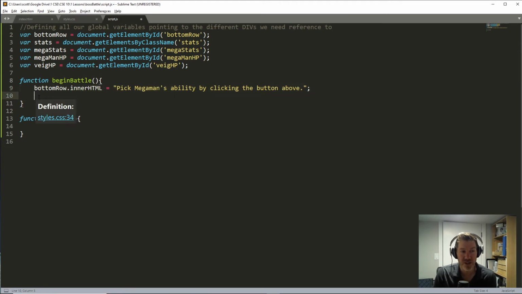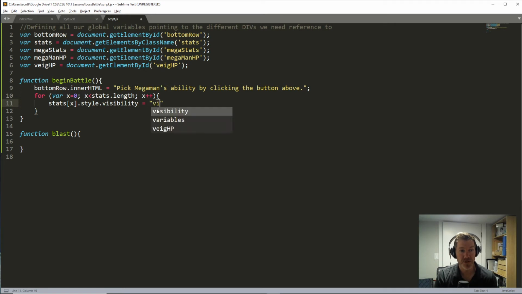Instead of that, the more general and generally better way of doing it would be to do a for loop. A for loop has 3 parameters, 3 sections in it. Var x equals 0. I'm going to start at 0, and I'm going to have it loop as long as x is less than stats.length, which is the length of the stats array, x plus plus. So how is it changing through every iteration? It's increasing itself by 1. So for that, now I can do stats, and instead of a number, I can just put the variable x.style.visibility equals visible,